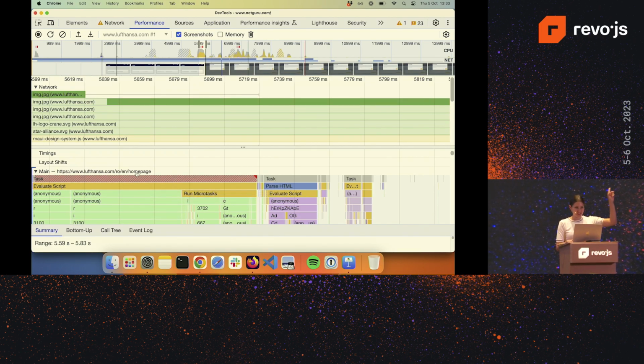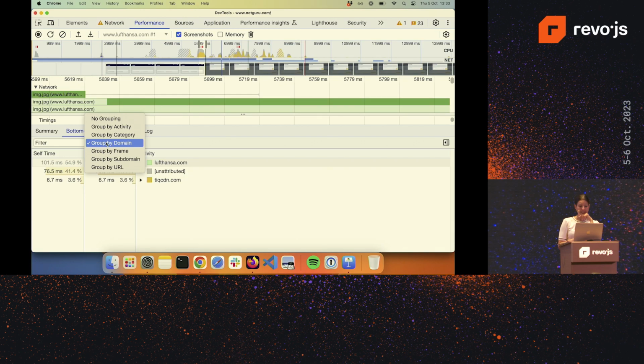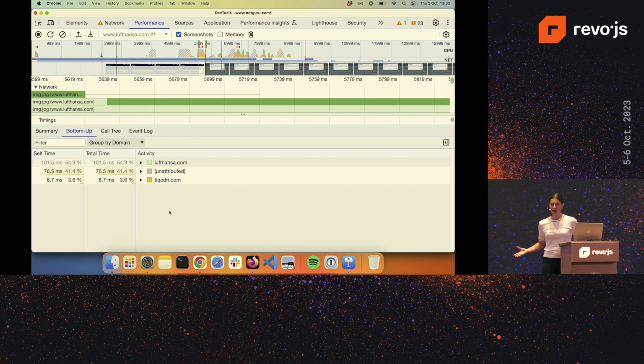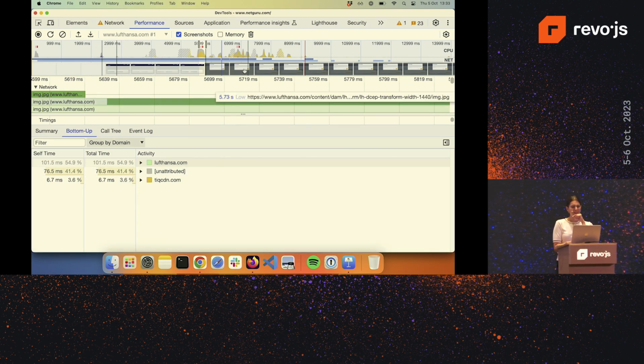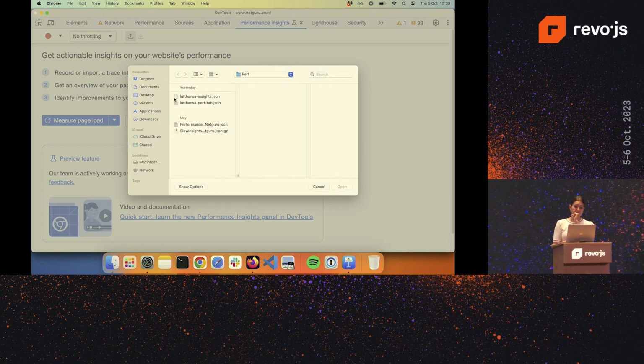One last thing from the demo. Another thing that you can see here is the bottom up. And what is not default here is grouping by domain. If you group by domain, it will show you what domains took the longest. So if you have any third party that is blocking everything from happening, you'll be able to see it in there. And as mentioned, there's also this experimental performance insights tool, and